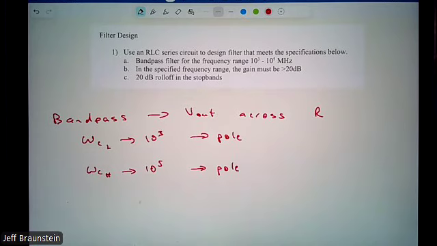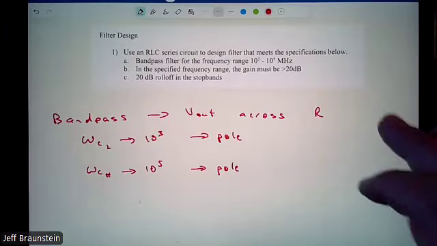I want to be a little bit more specific though. It's a pole. Well, what order of pole is it? Single, double, triple? And what we look at here is the change in slope. So if we were to plot this as part of the spec, I said our roll-off is kind of an absolute value interpretation of slope. So if it's a high pass filter plus 20 dB per decade is our slope. If it's a low pass filter, minus 20 dB per decade, but we can call that roll-off and just call it 20 dB per decade. But just kind of a little terminology there.